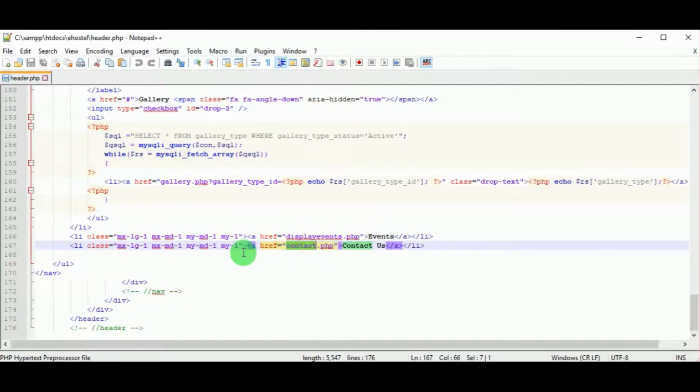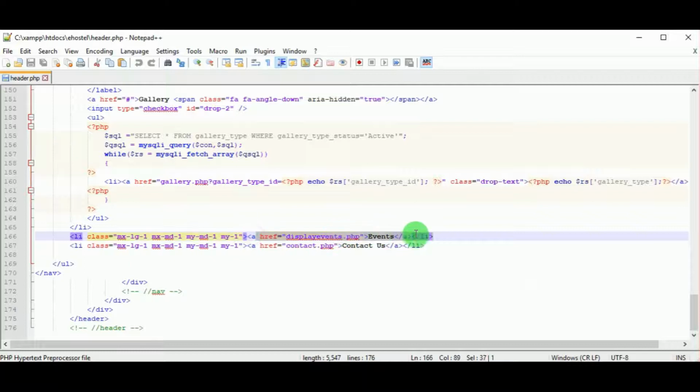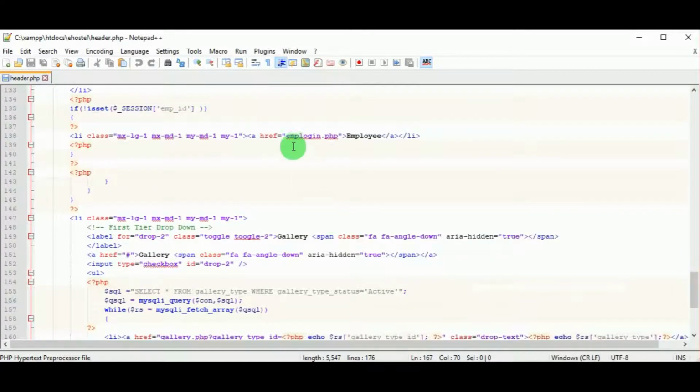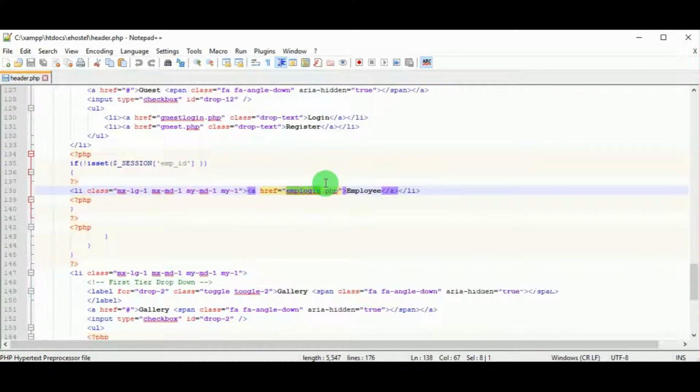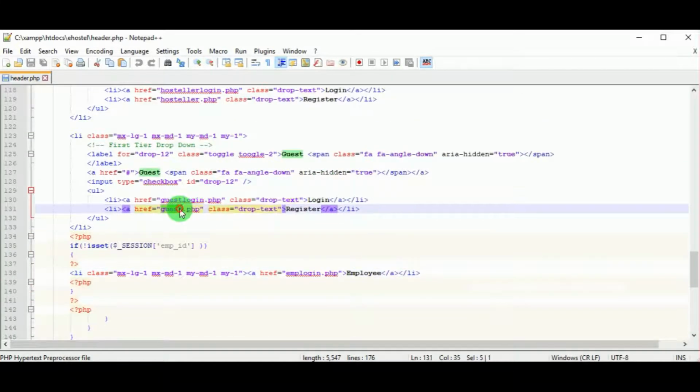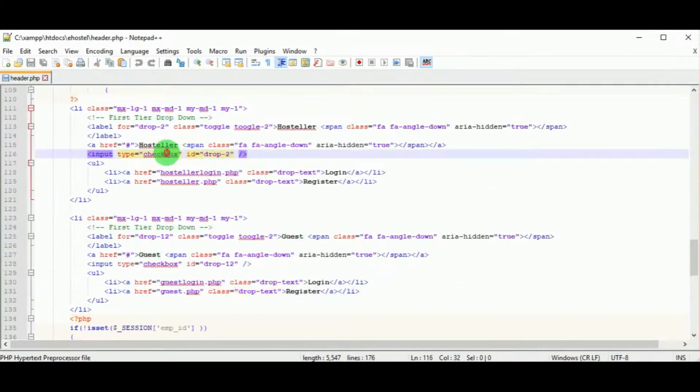So you can see the contact us which has the anchor tag or a link, that is contact.php. The events has display events.php. So these are the different files. On clicking on different menus, you will be redirected to different files. Employee will be redirected to emp login.php to log in as employee. Then under guest there are two options, either the guest must log in or they must register.